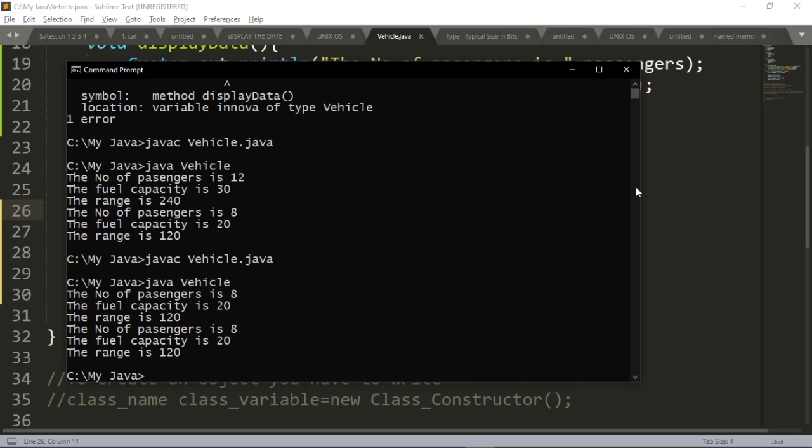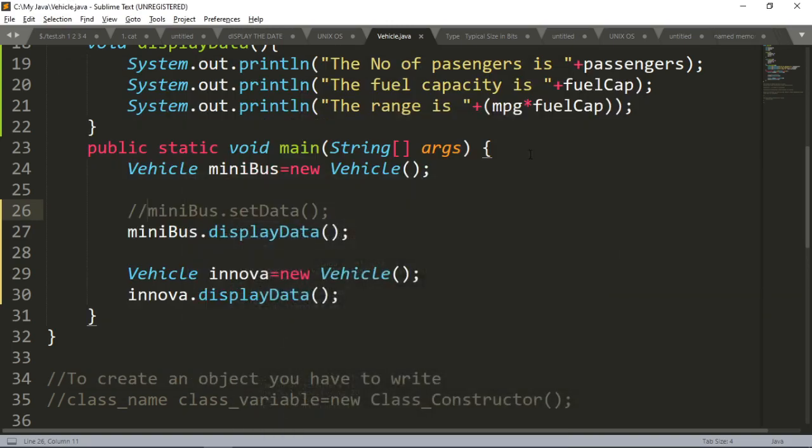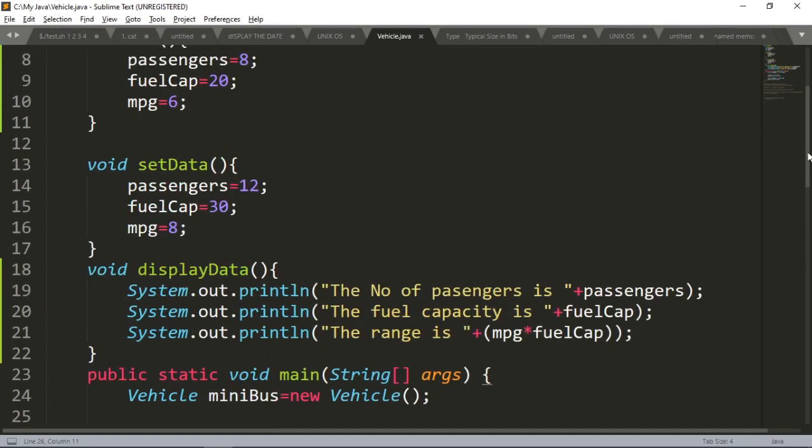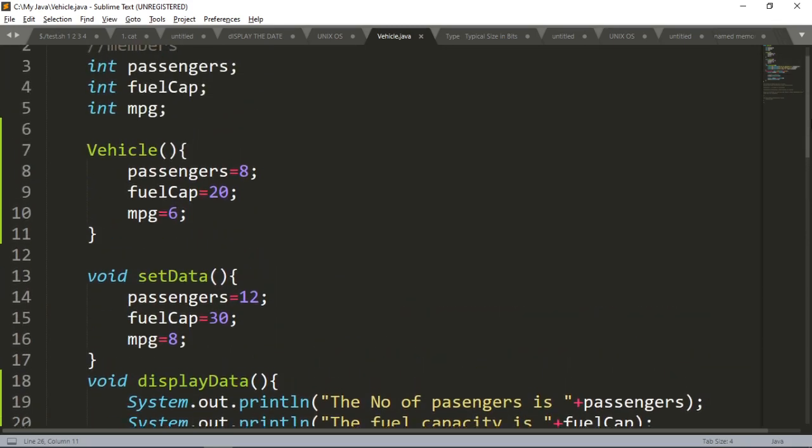And whenever you define a constructor in your class, Java is not going to provide its default constructor, because until you provide a constructor on your own, only then will Java provide constructor support automatically.